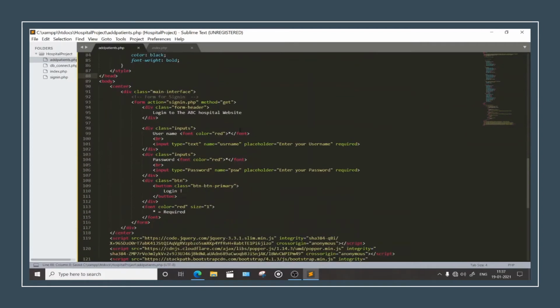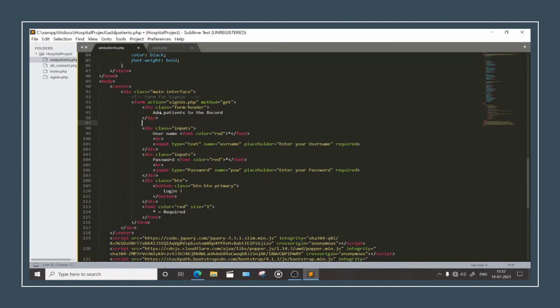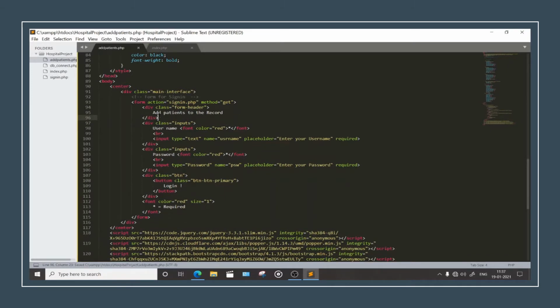Perfectly fine. Now what we need to do is add patients to the record, and we'll remove all the other things. Remove this. So now let's put here patient name, not password, it should be patient age.